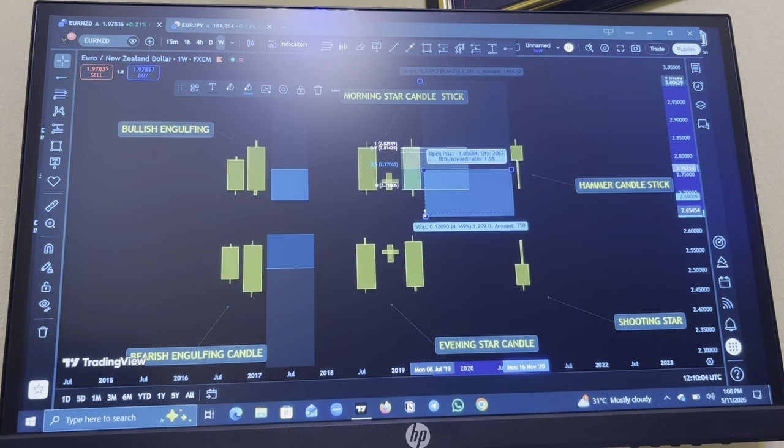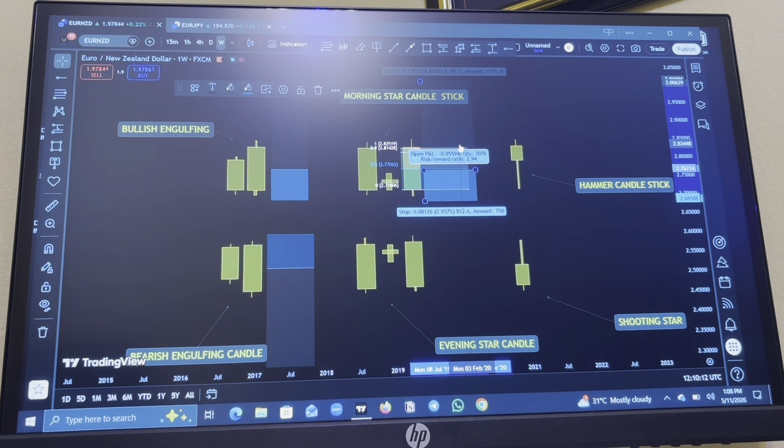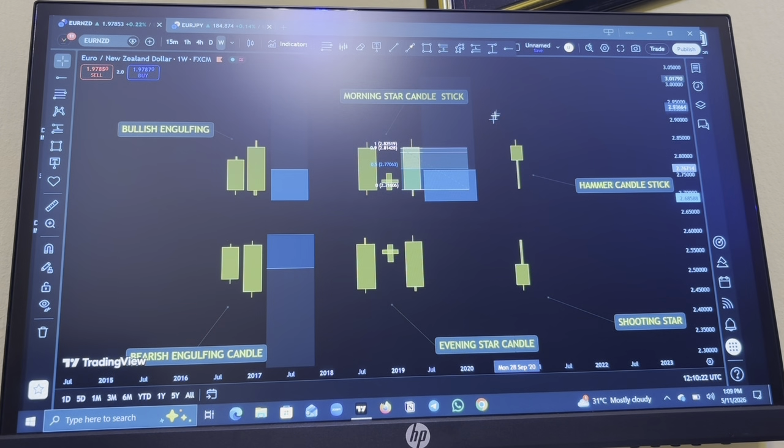3% is what we are targeting. Our stop loss is just around below the wick. Below the wick. Don't go more than 15 to 20 pips. Highest 25 pips is okay. So we have 2%. This is our 3%. We are good to go like this, right? Yes, we are good to go, because this is